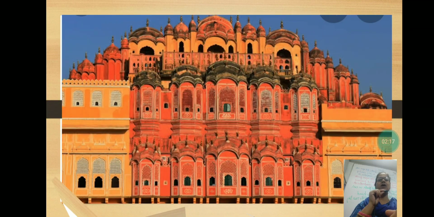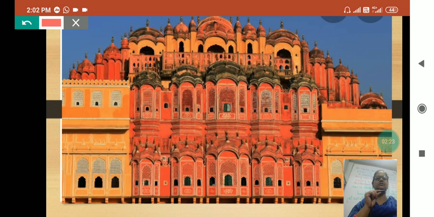Now I am going to show you the Hawa Mahal. This is the picture of Hawa Mahal, and you can see there are so many windows. Earlier, if you see the Bada Imambara or any ancient building, my dear, you will see that doors and windows are crossing each other, so that sufficient air enters the building. In all the ancient buildings, doors and windows cross each other for the breeze to come inside, so that it is comfortable and filled with air.